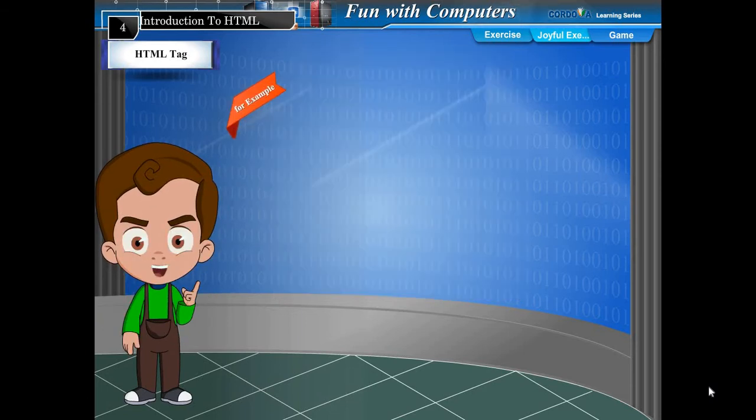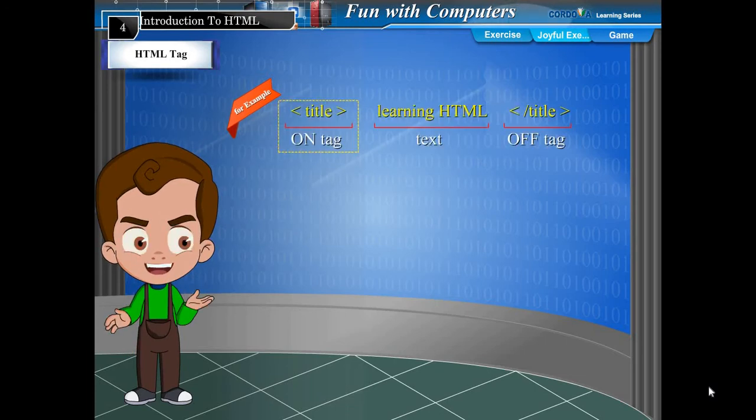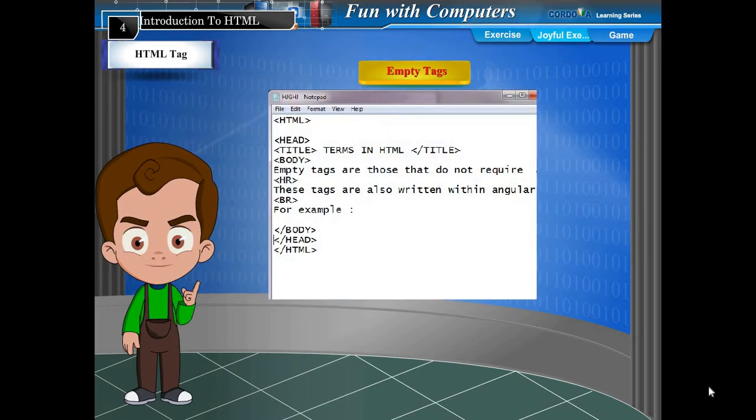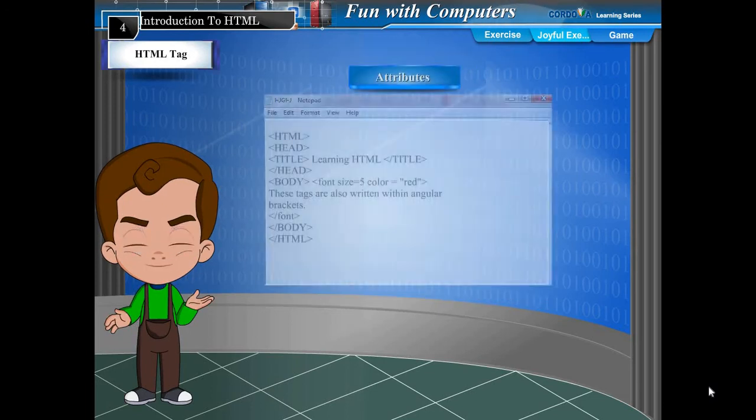For example, <title> on tag, learning HTML, text, </title> off tag. Empty tags. Empty tags are those that do not require a closing tag. These tags are also written within angular brackets. For example, <HR>, <BR>.